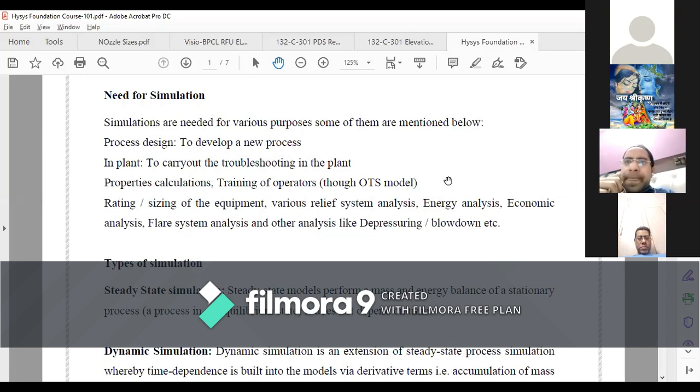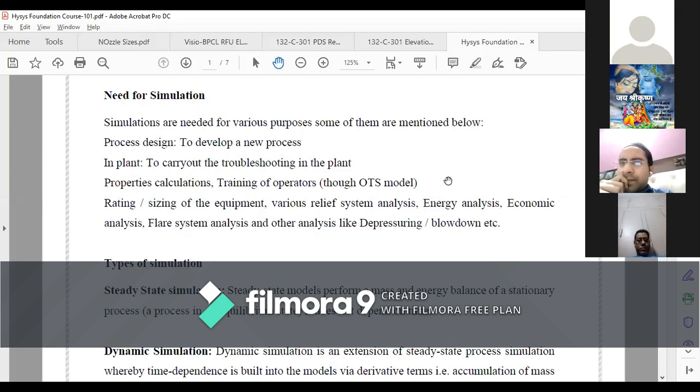If it is within our acceptable limit, then definitely we go for the actual plant for that troubleshooting.